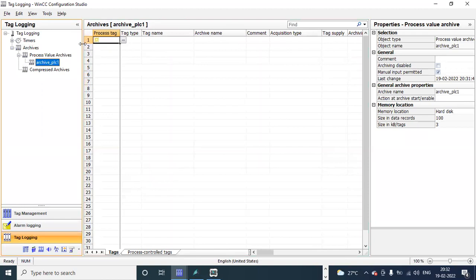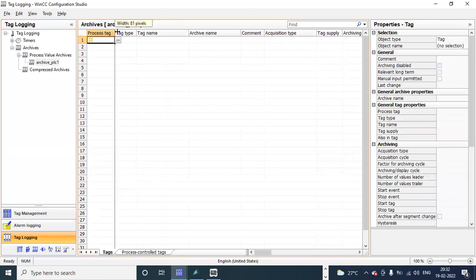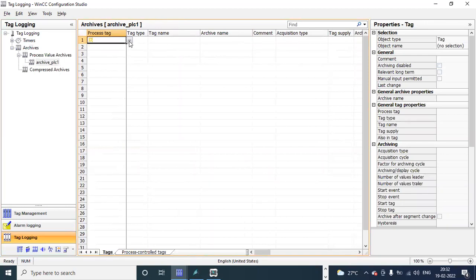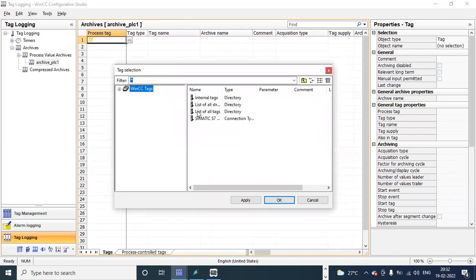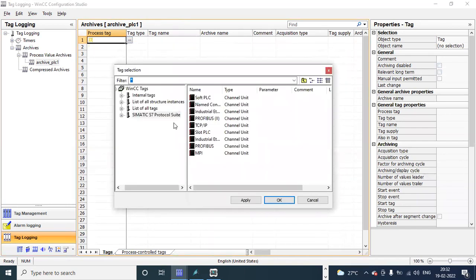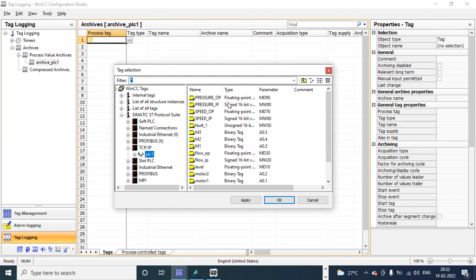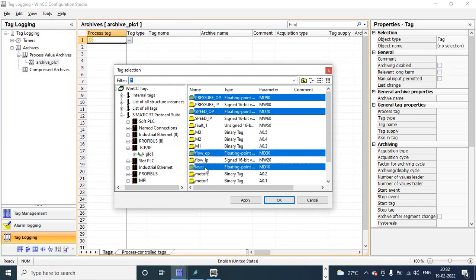Now we have to select our process tags, for which tags you want to store the data. So here we have to select the tags to be added into this archive. Browse, go to the SIMATIC protocol suite and our driver name, and select your output tags, like pressure output, speed output, flow output, and level.